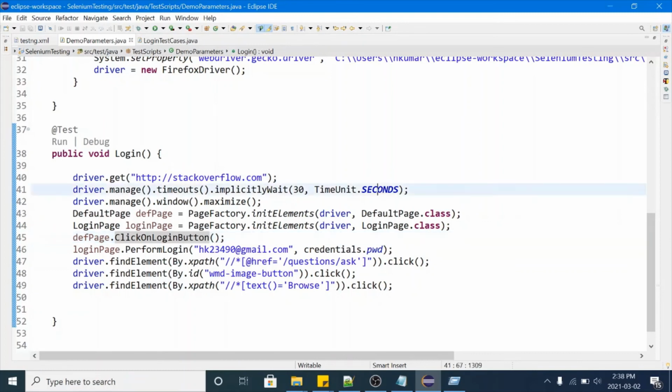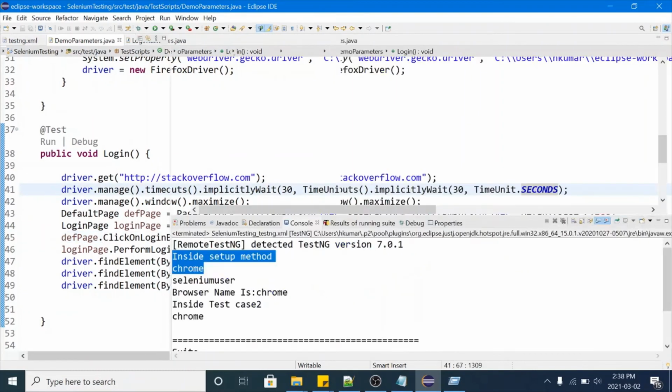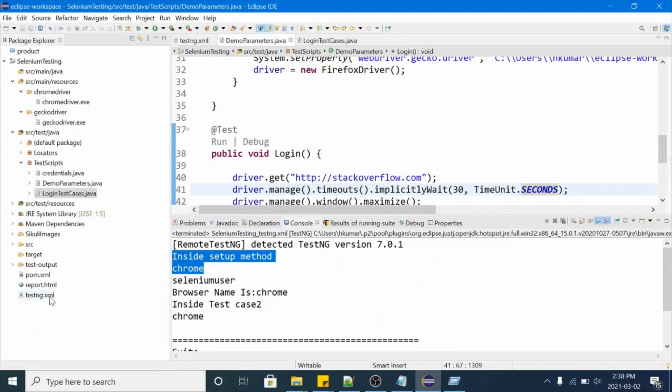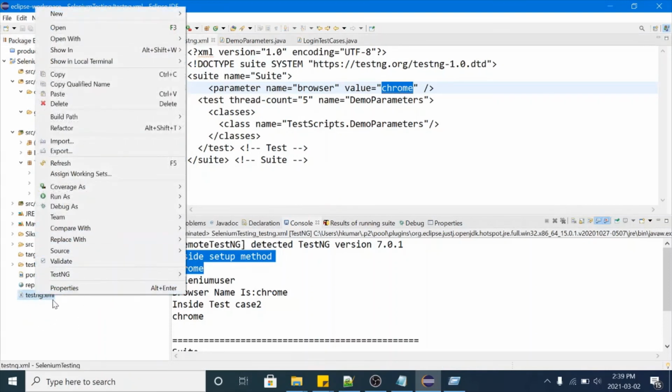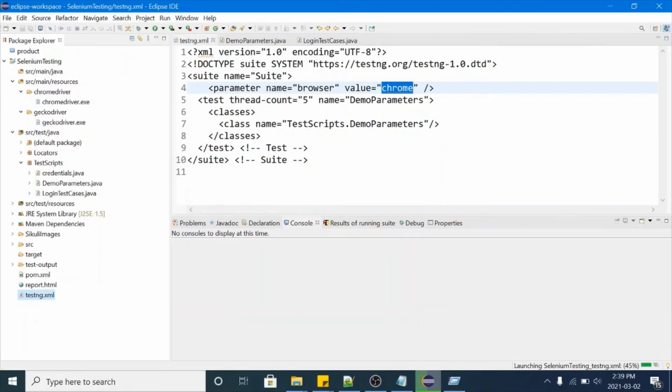So let's try this scenario. First of all, in the testengine.xml file, we will pass Chrome here, and we will try to run this login scenario on Chrome browser. Click on the testengine.xml file, run as TestNG suite.